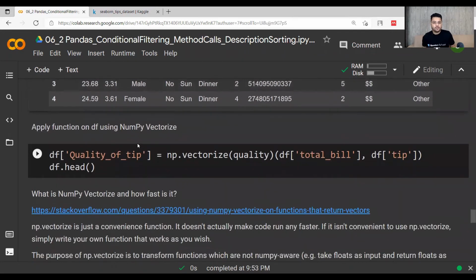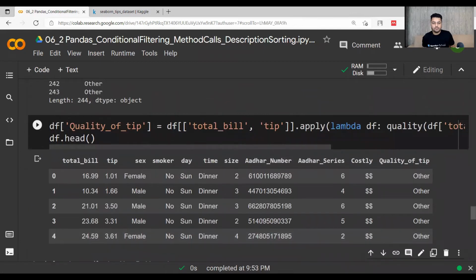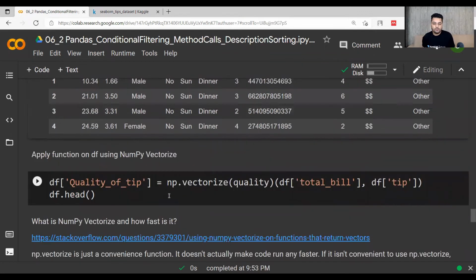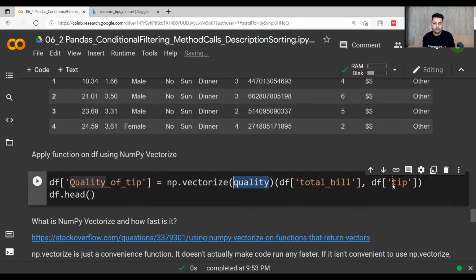Now let's do it using this numpy vectorize function. So you can do the same thing that was done by this complex command here. It looked complex, but it was not. But still, if you want to simplify it, you can simply use this numpy.vectorize. The quality function will be called with these two values, in which you are getting the arguments total bill and tip. So if you run this, the same thing will be done,